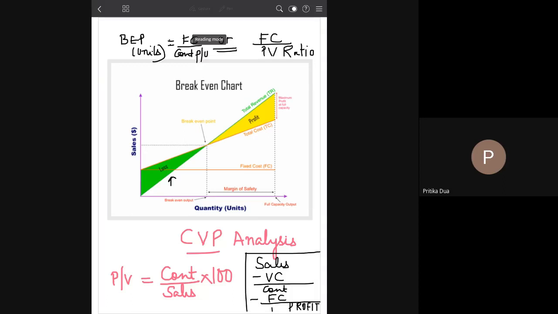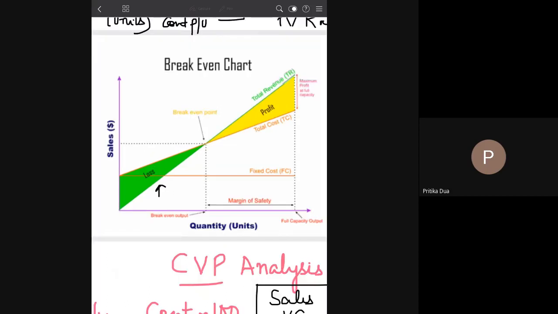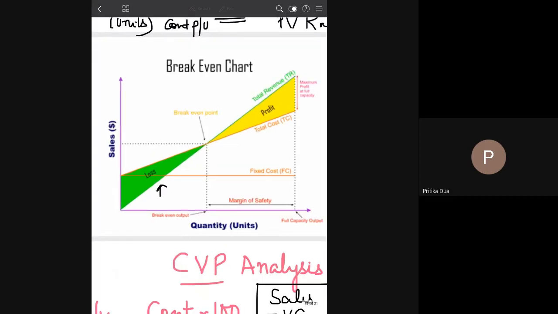Now there is one more concept here which you can see, which is the margin of safety. Now, what is margin of safety? Margin of safety, you can very well see in the graph itself. It is the difference between full capacity output, that is the actual output the firm is producing, minus the break-even output. Another way of